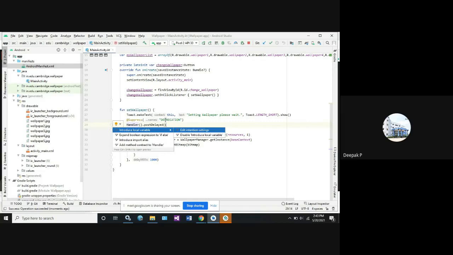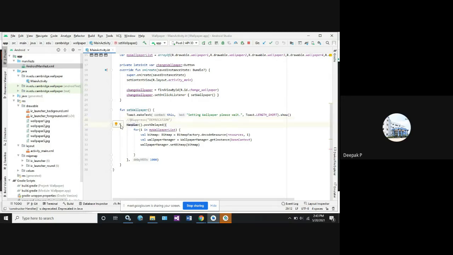I already set it here, so it's showing, does not. Let me disable it and show you. Here I have disabled the line, and you can see the Handler function has been displaced, so it doesn't work now. Whenever you click on the change wallpaper icon, only the first wallpaper will be modified, whereas the delay function will not take the activities because it has been disabled.